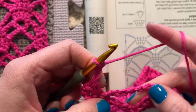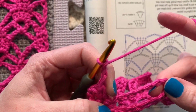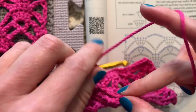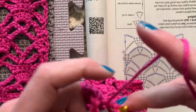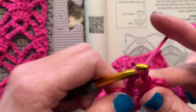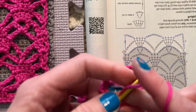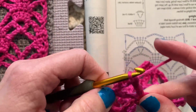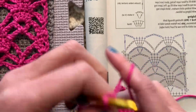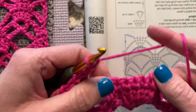And this is where I like to put the V-stitch actually in the stitch, 1, 2, 3, 4, and the 1, 2, 3 on the other end. So we're making it nice and balanced with a V-stitch, chain 2, V-stitch, double crochet. So double crochet, chain 2, double crochet, all together equals 1 V-stitch, chain 3, and then we will center those